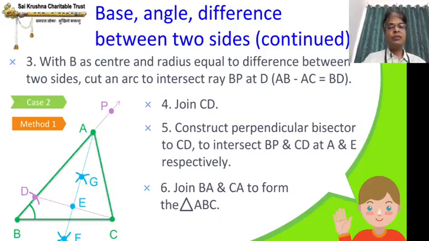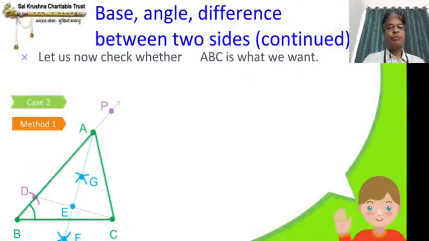D and P. So, the only difference is where D is located, is the only difference between sum of two sides, difference between two sides, that is AC greater than AB, and the difference between two sides AB greater than AC. Everywhere more or less everything else is same except the location of D. I will go to the next page for the proof. Proof is again same.